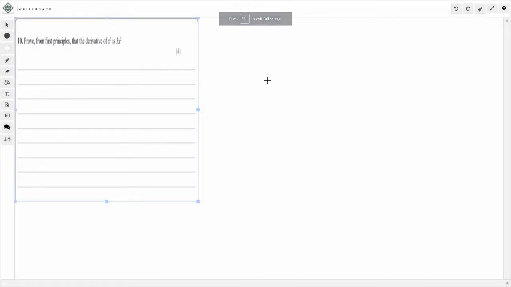This is question 10. So this is one of the new topics on the A level. This is first principles, or differentiation from first principles. So you don't have to worry too much about actually remembering the formula, just know how to apply it. The formula is given in your formula book, so if you've got your formula book, check it out now if